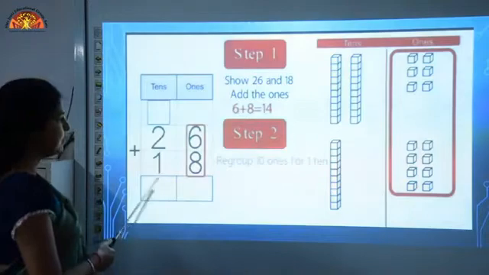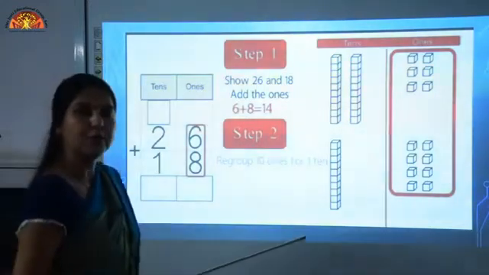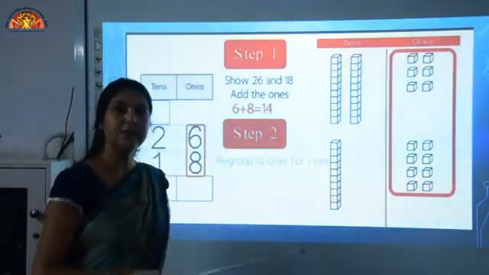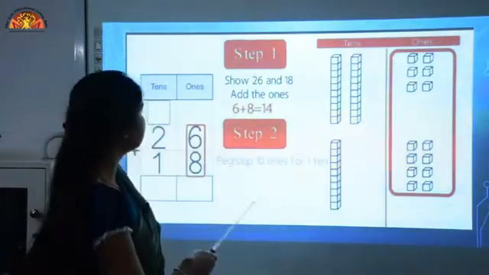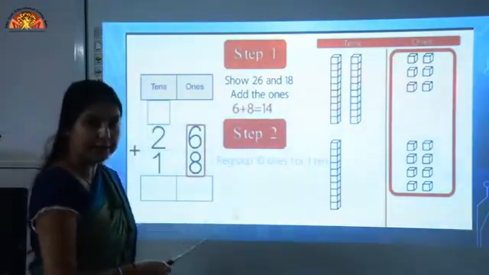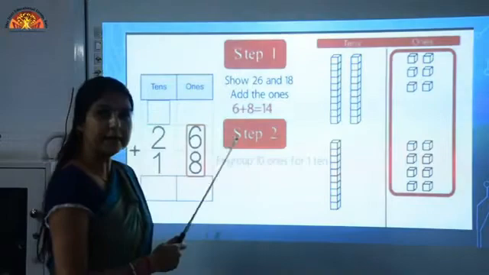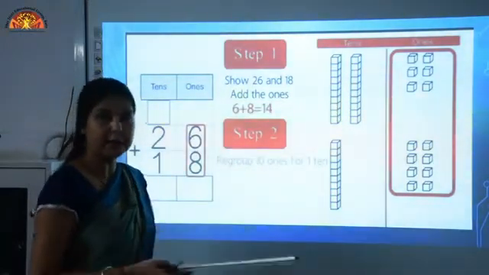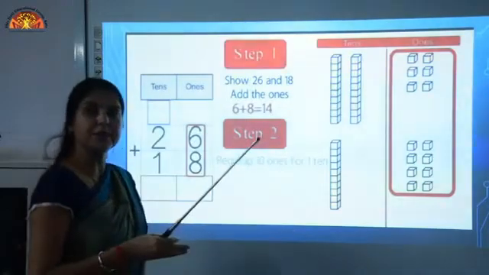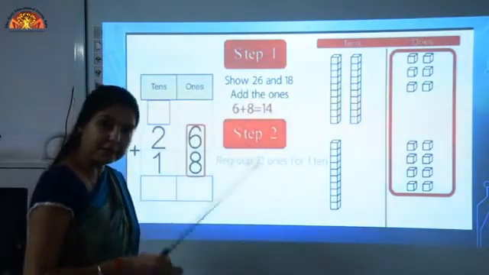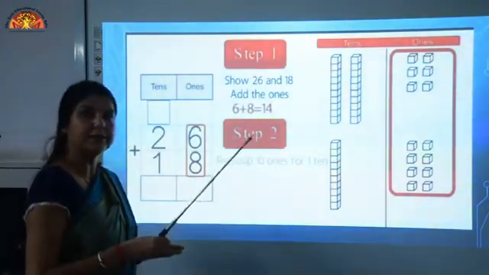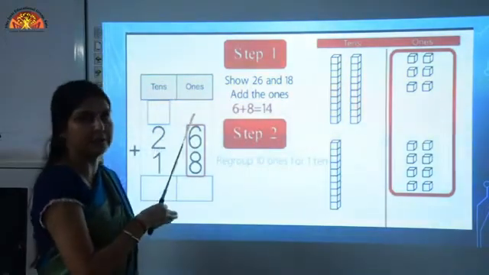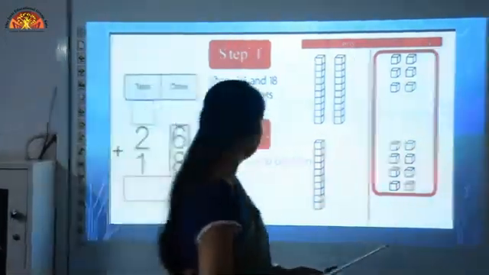Numbers को हम columns में arrange करेंगे. Then what will we do? We will add the digits at our ones place first. जो digit ones place पे है हम उन्हें add करेंगे. And after adding these numbers, if we get a number after 9, then we will keep the number which is coming at the ones place and the other digit we will carry over to the other numbers. Clear, children? Now I am giving you an example.